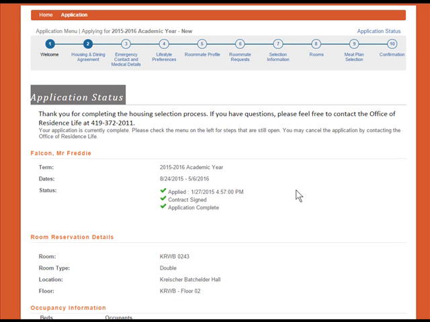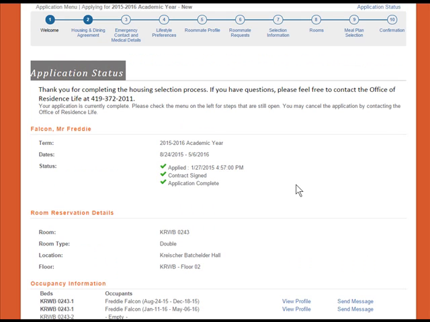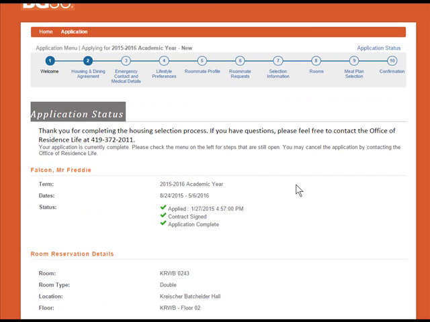Again, students have until June 1st to go in and do these changes. You can continue to change throughout that time till June 1st. After June 1st, if you'd like to make a change to your housing assignment, you'll need to call the Office of Residence Life at 419-372-2011. Again, if you have any questions throughout this process, please give our office a call, again at